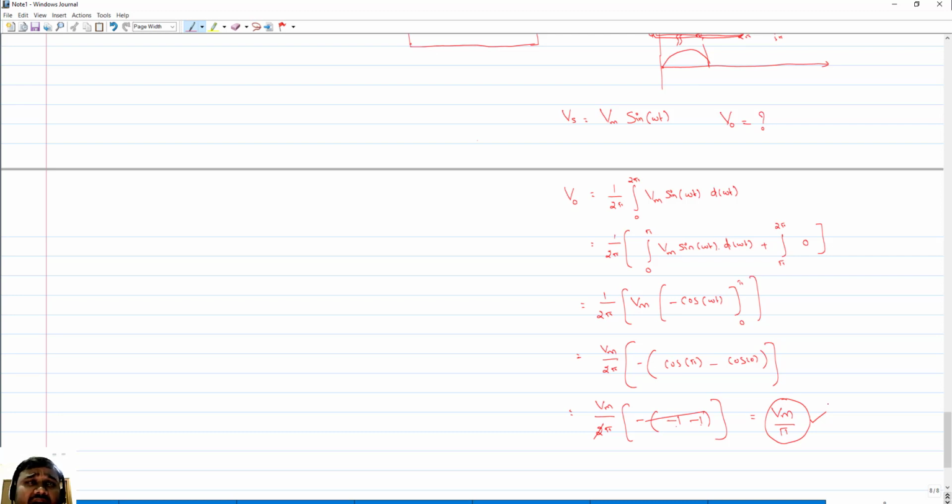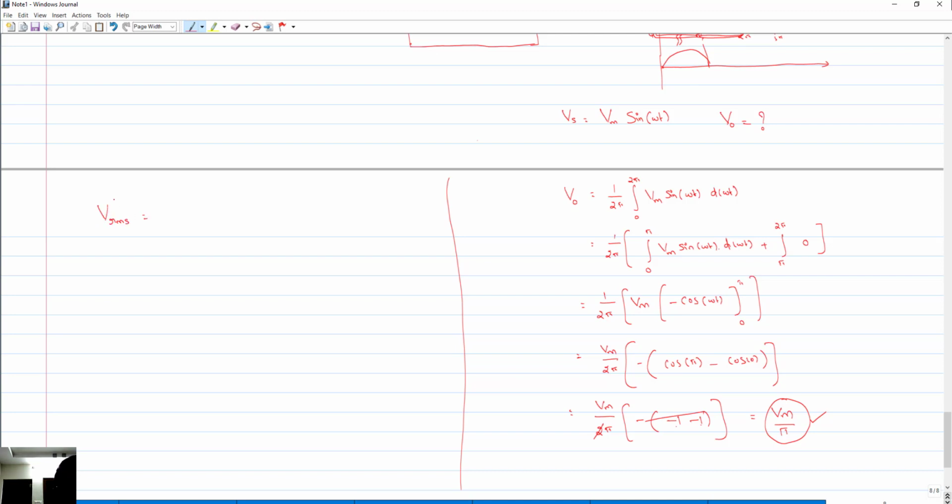Now we are basically interested in finding out the RMS value. The RMS value is more important to us, right? So let us see the RMS value here. Why RMS value? That is root mean square value. It shows the heating effect. When you give AC as well as DC, it will show the same heating effect. That is why the root mean square value is more important.